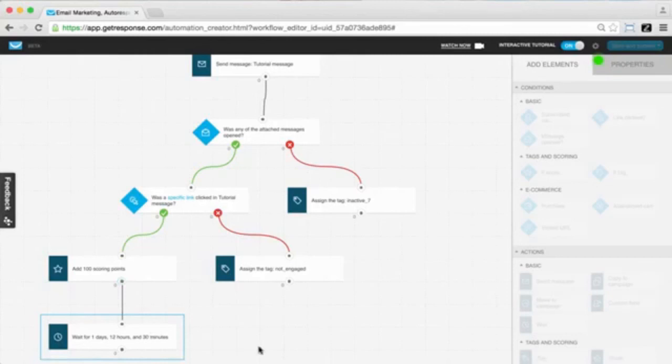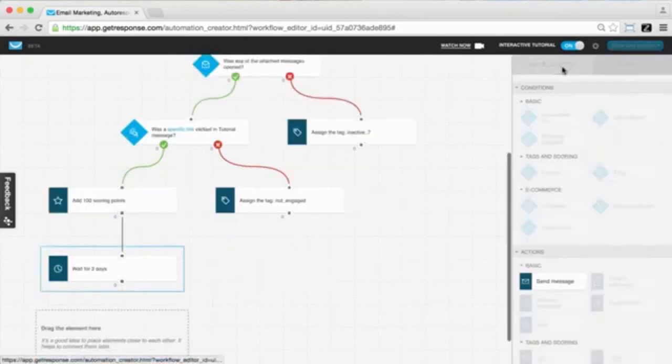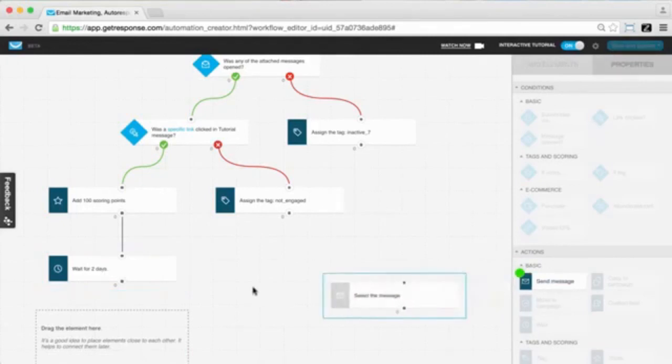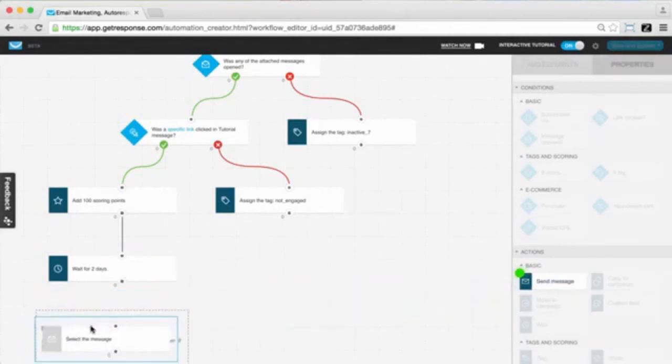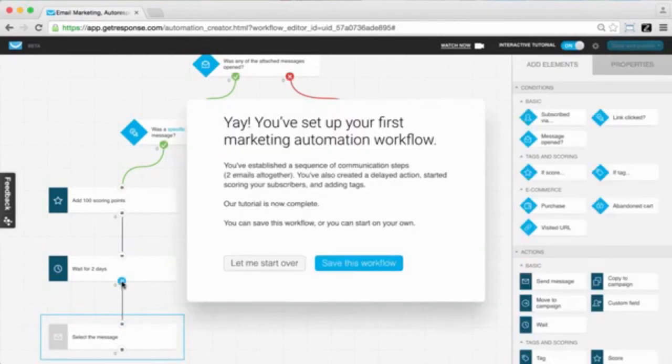And so we moved over the wait action, but we need to go over to Properties and define how long we should wait. So let's simply say, in this case, we want to wait 2 days. And so we could do this here. So after we've added 100 scoring points to our clickers, we're going to wait 2 days, and then we're going to send them another message. So dragging over the send message action, connecting it to our 2-day wait period, and you can see our workflow,